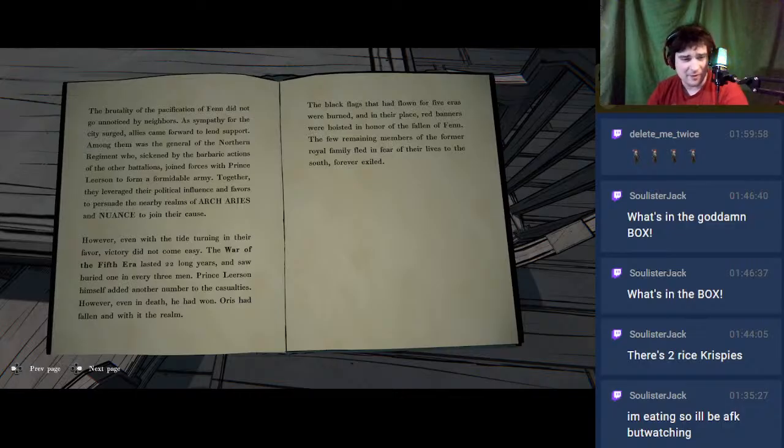Prince Learson himself added another number to the casualties. However, even in death he had won. Horus had fallen, and with it the realm. The black flags that had flown for 5 eras were burned, and in their place red banners were hoisted in honor of the fallen of Fen. The few remaining members of the former royal family fled in fear of their lives to the south, forever exiled. The red banners from the